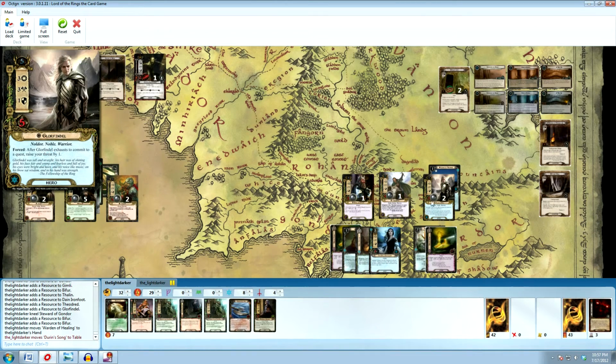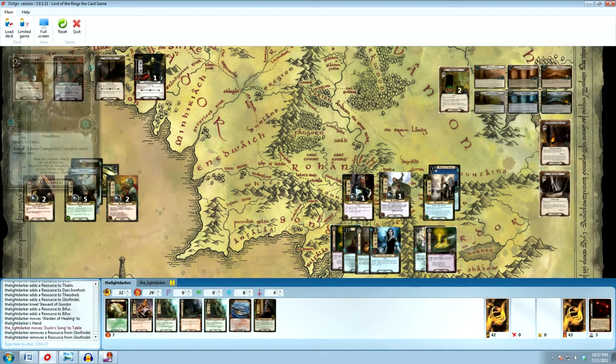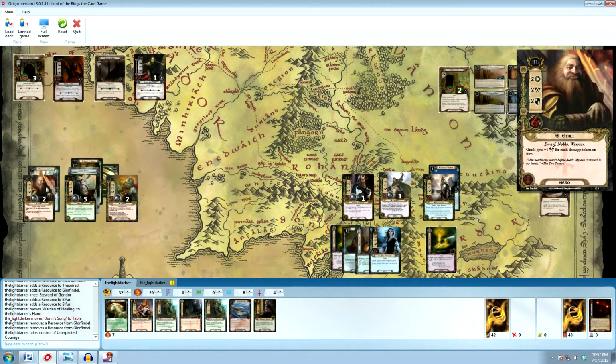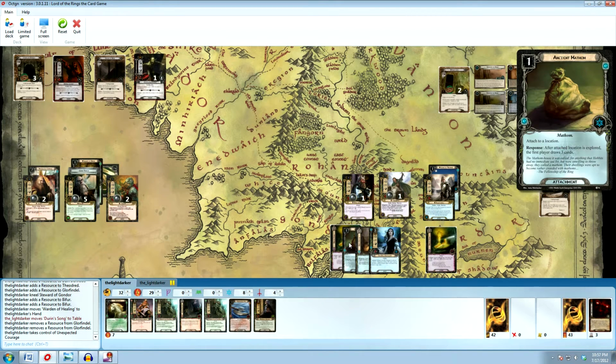I think I'm going to go ahead and pay 2 resources for an Unexpected Courage on Gimli. So even though I might not burst down this quest phase quite yet, it might be a little while until I've got some combat. Just in case I do break through unexpectedly, I really want to be able to ready Gimli to take some additional actions, get some extra attacks going. I'm also going to go ahead and...